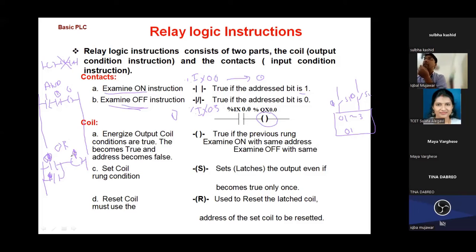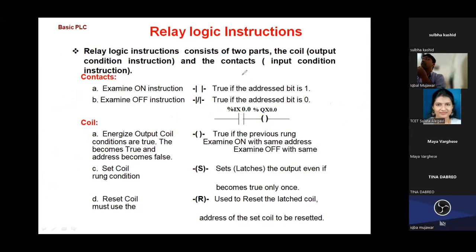Like this also I can create the rung. So this is the AND logic rung and this is the OR logic rung. This kind of logic I can create with the help of these 3 symbols. Because of that, say 80% of the time we are using only these 3 symbols in ladder coding. If you understand this properly, what is examine on, what is examine off, what is this coil, how it works, then you can easily understand what kind of logic I'm getting in that ladder. These are the 3 main instructions which I mostly use: examine on, examine off, and coil.